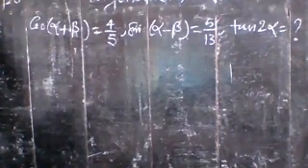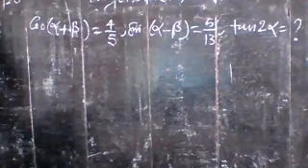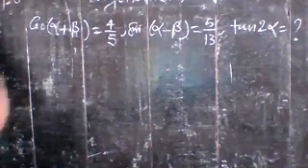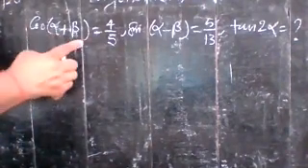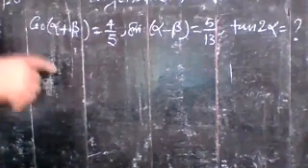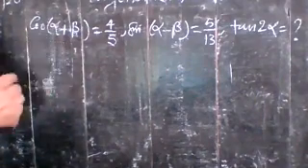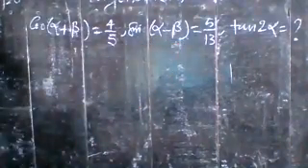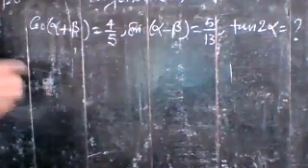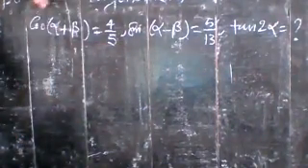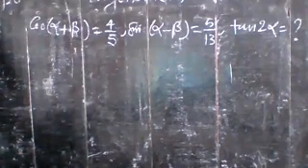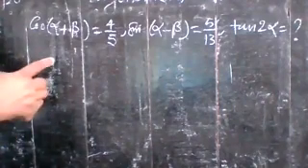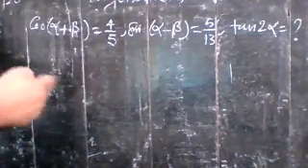You know the identity of tan x plus y is equal to tan x plus tan y upon 1 minus tan x tan y. So here you have cos alpha plus beta, and with the help of this you can find the value of tan alpha plus beta. In the same way, sine alpha minus beta is given. So from these two results, you try to find the value of tan alpha plus beta and tan alpha minus beta. Yes, try to solve it. You can apply the identity or the triangle method, it's your choice.